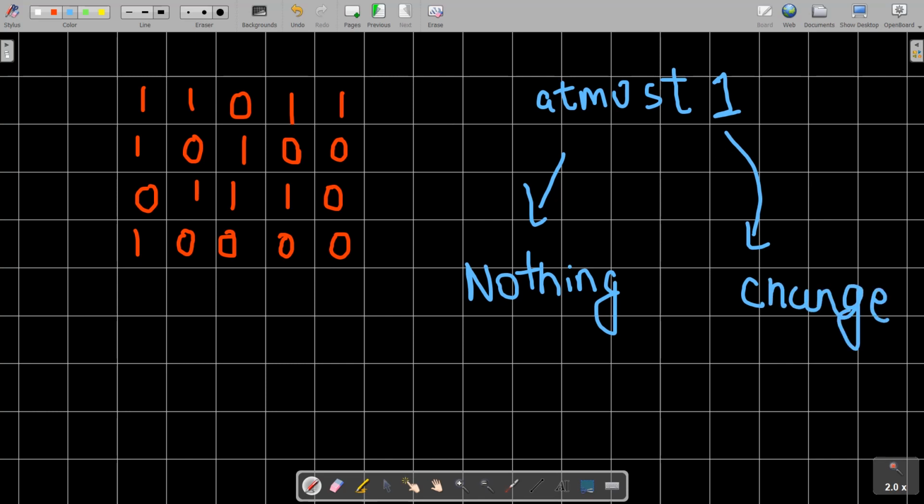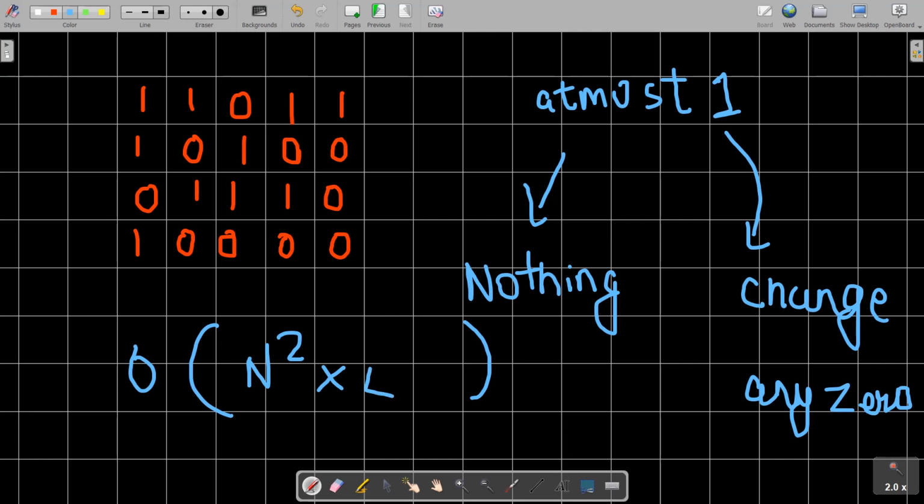Now in the worst case, the entire matrix can consist of 0. So you will have the time complexity as O of n square into some other term, where we check, on doing this operation, what is the maximum size of the connected component that we are going to get. Like if we change this 0 to the value of 1, my answer would be 2, 3, 5, like 3 to 5, and this 3, 8. So my answer becomes 8.